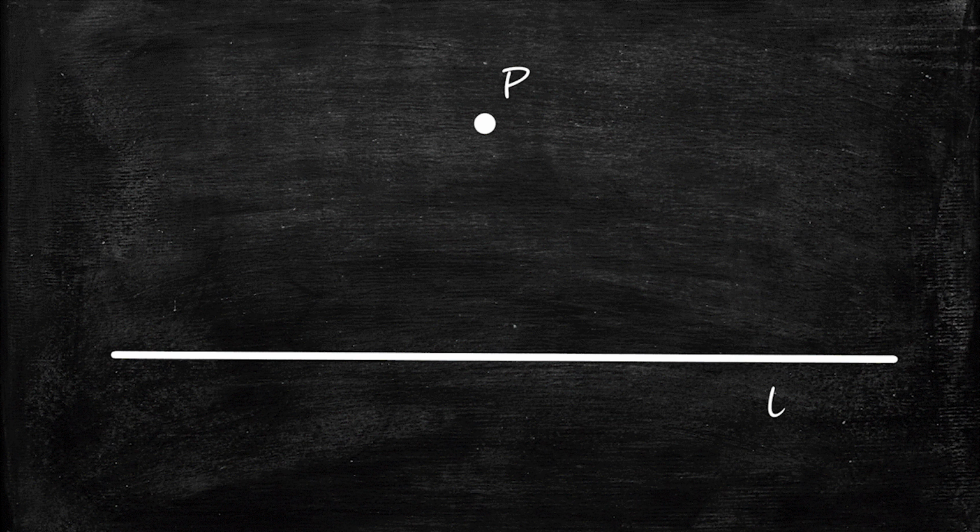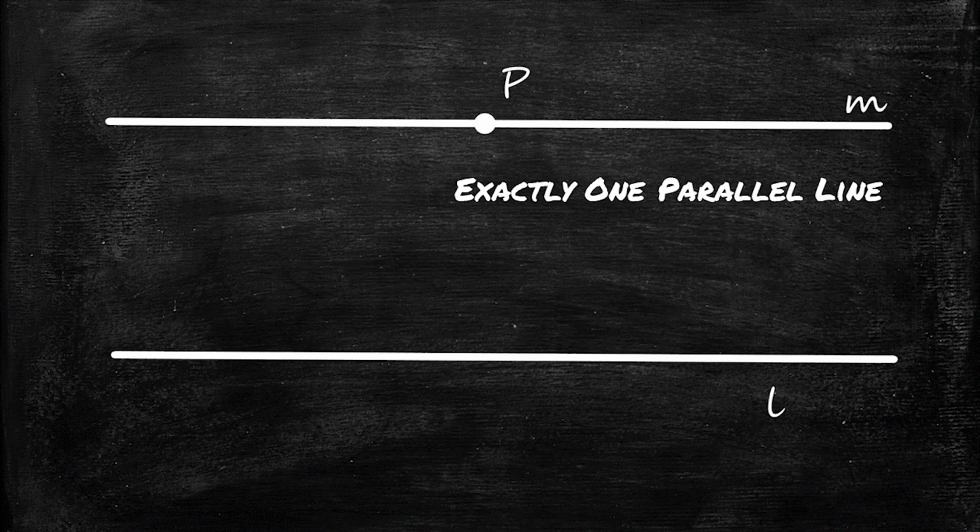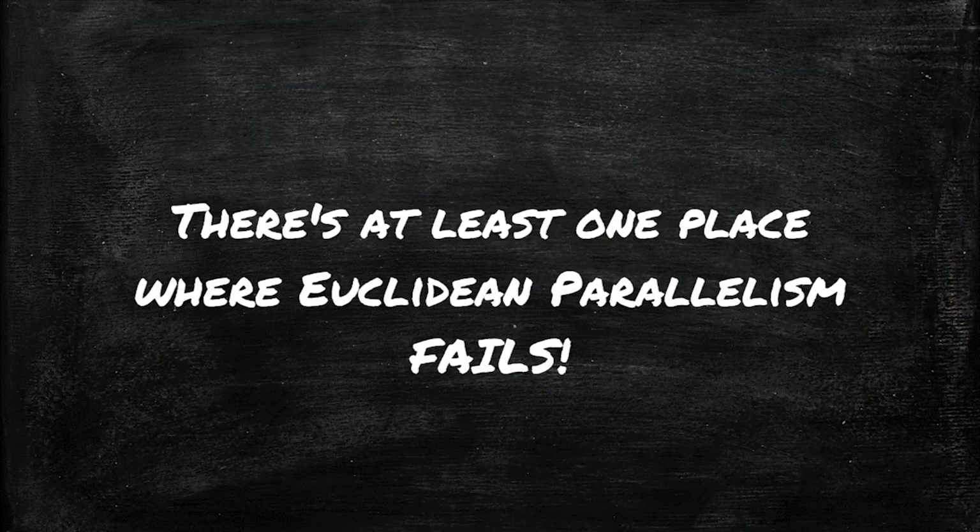Frustrated yet? So, what's a mathematician in the early days of the Age of Enlightenment to do? Play devil's advocate. Another way to prove that the Euclidean parallel postulate is true is to prove that its negation is false. As a reminder, the Euclidean parallel postulate states that for every line L and every point P not on L, there exists a unique line M such that P is on M and M is parallel to L. Now keep in mind that in neutral geometry, there's always at least one such parallel line.